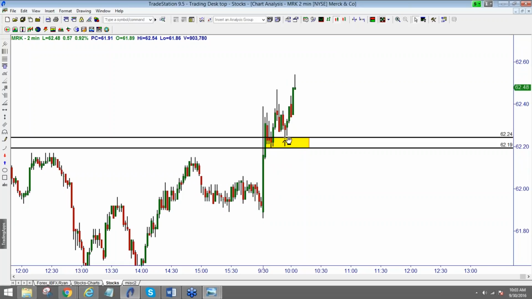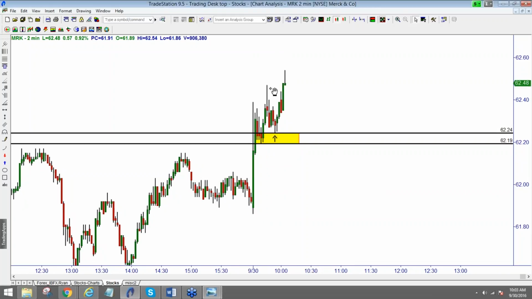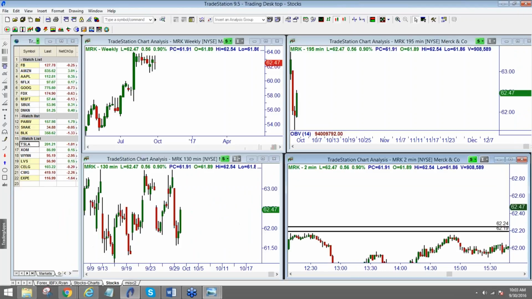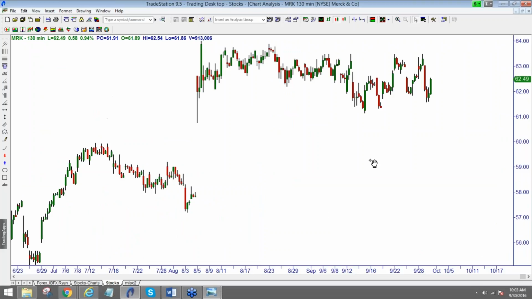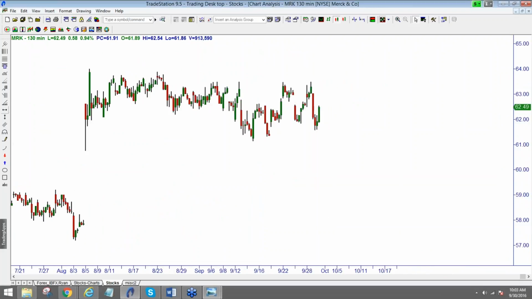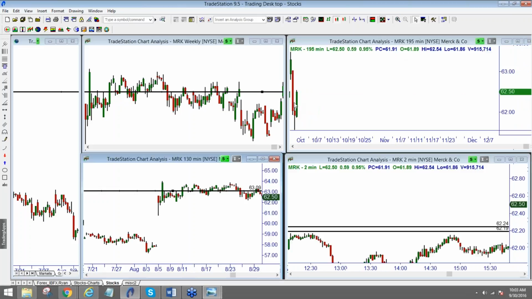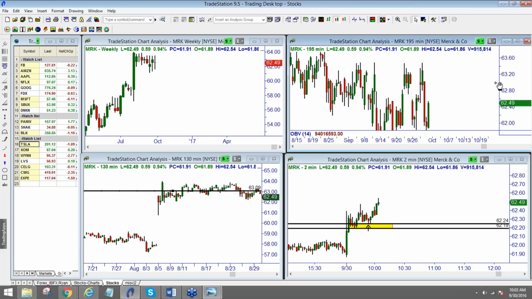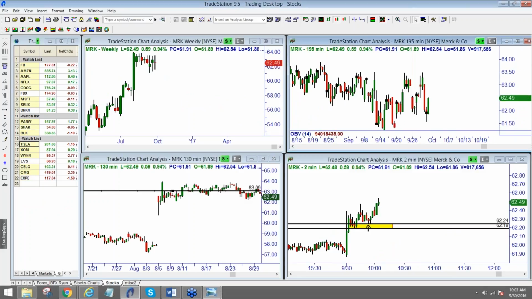Price exploded, retraced, touched, and I'm sure Mitch already took off part of his position at some point, and now he's just got to run it and see if this goes. So let's check higher time frames and see if there's anything there to stop it. Kind of clear sailing on the higher time frames until at least 63 something. Let's see, 63.02. Yeah, I'd be a happy camper if I was him. And that's not even fresh. That could probably break through it. Would I want to test my luck? No, but